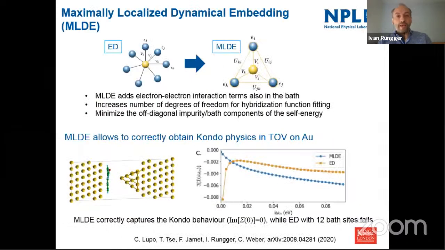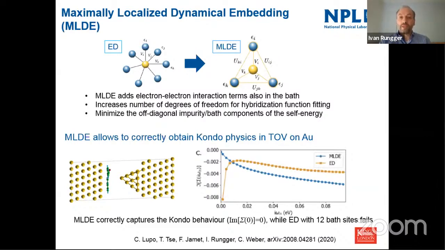So this we have done, and especially with our colleagues at King's College, Cedric Weber's group, we discussed this problem. What they proposed is essentially, instead of using exact diagonalization as I showed before, to still use basically the same concept, but the only difference is that you put the U terms also on the bath sites. So you make the bath interacting in itself. Now remember, these are just fictitious bath sites, so we can do with them whatever we want, really. There are also real physical systems that actually have a U on the bath, so that is known. But here it's just a tool for us to reduce the number of bath sites.